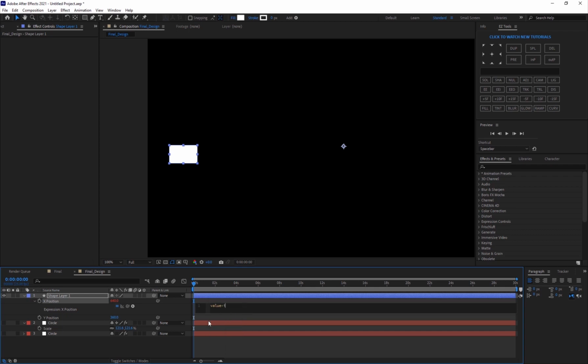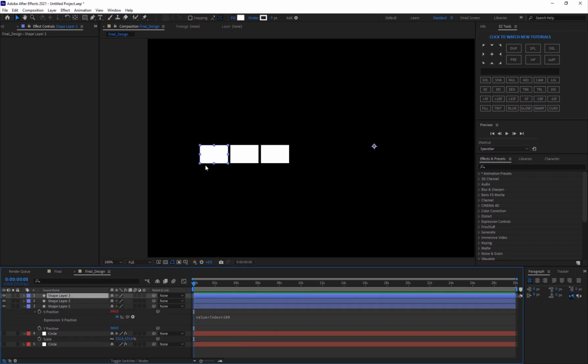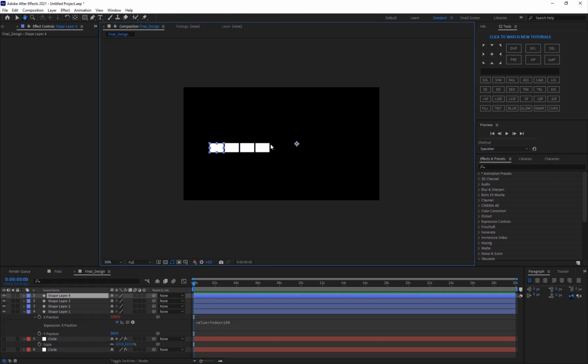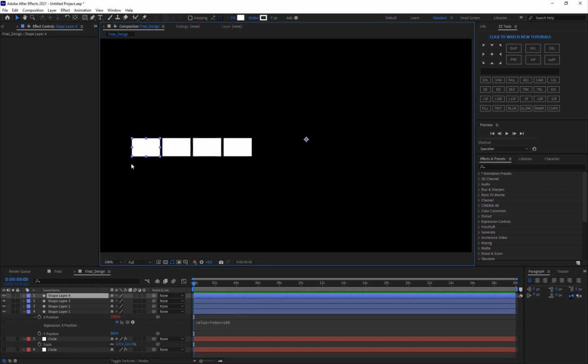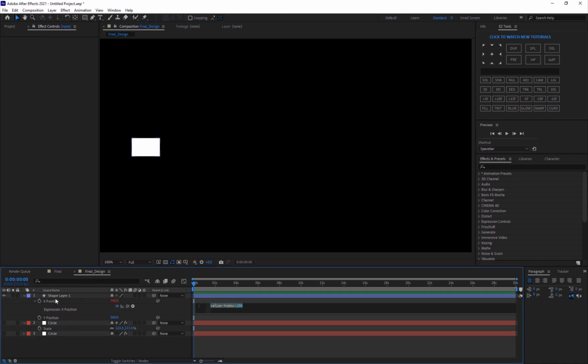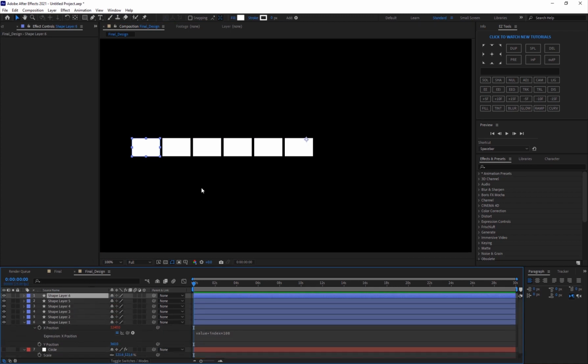So I'm just going to type plus index, and index is basically the layer number, like this is 1, 2, 3. So what I'm saying is every time I duplicate this layer, there's a new index, which essentially means you need to multiply the position by like 100 pixels. That means if I hit Control D, it'll duplicate it and offset it 100 pixels, which is exactly what we're looking for. If the position is not perfect for you, you can increase or decrease it. So delete the layers and do it again, but in this case 100 is working fine for me,